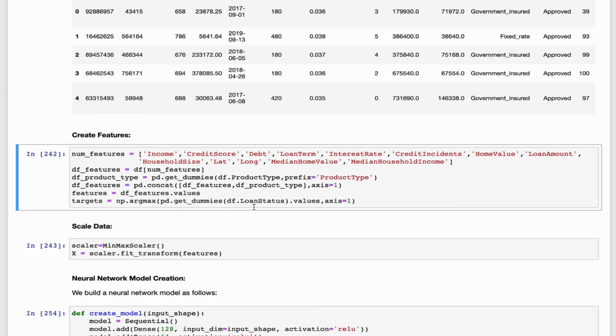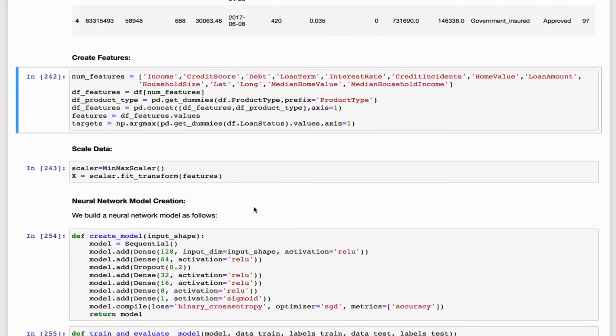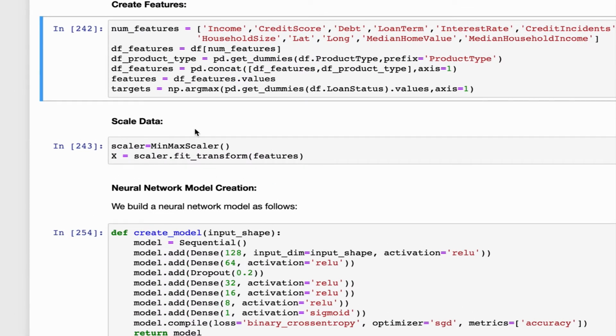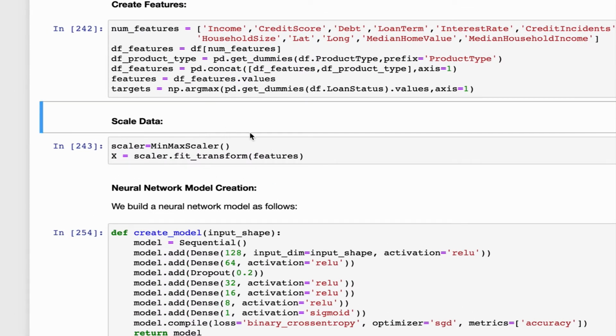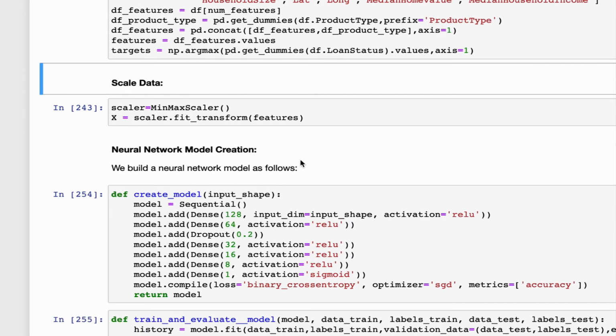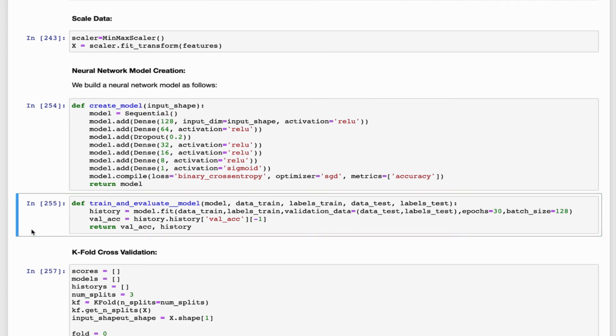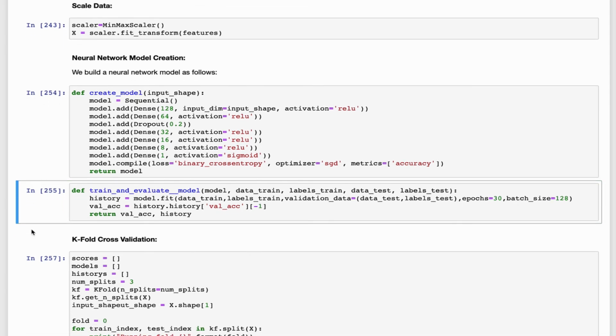We will build a neural network classifier that will predict approved or denied based on our input features. Since we're building a neural network, we will scale our data. We can leverage the min-max scaler from sklearn for this. The following function called createModel will build a feed-forward neural network for binary classification. The function train and evaluate model will train the network and return us the validation accuracy when we do our